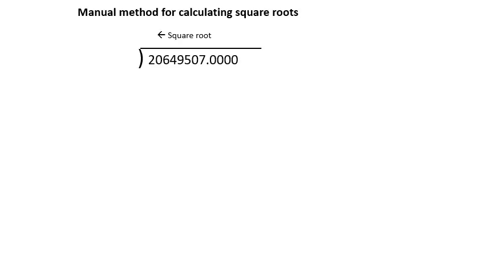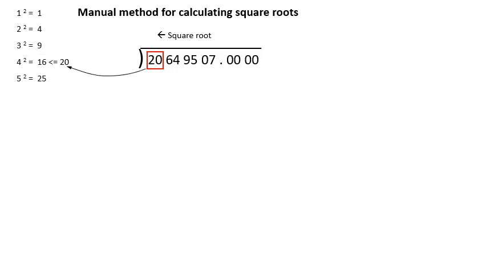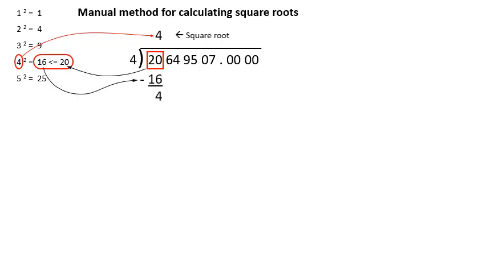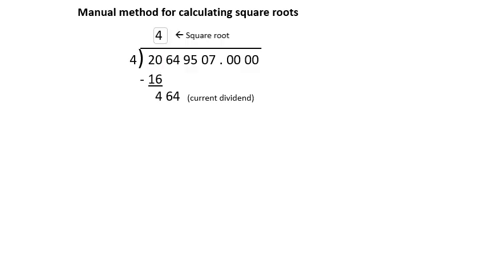The process prescribes grouping the digits in twos starting from the decimal point, then taking the number formed by the leftmost group, finding the largest perfect square lesser than that number, using the square root of that perfect square as the highest digit of our square root, subtracting the perfect square from the leftmost group, appending to the difference the next group of two digits to form the next dividend,